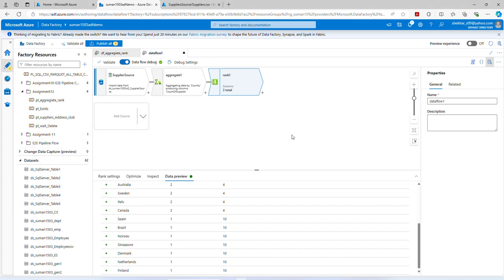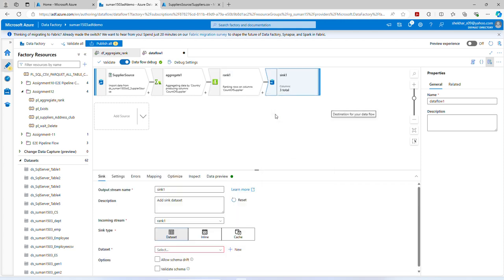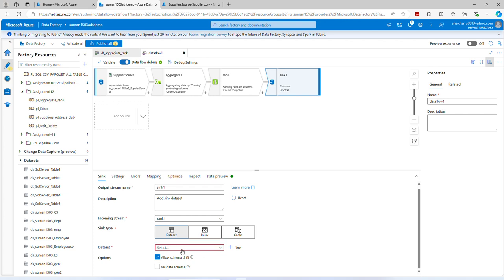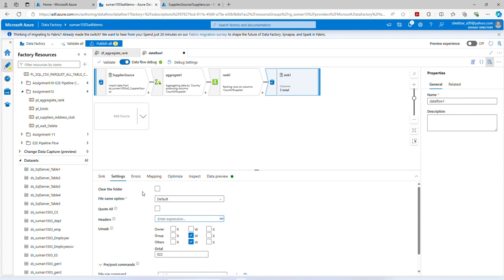And now just add a sink here and sync where you want this output in your output data set. So just give the output stream name. You can add description, right? Incoming stream is your rank 1. You can select the data set, so I will select DS Suman 03 score supplier source, right? So I have selected this data set name here,